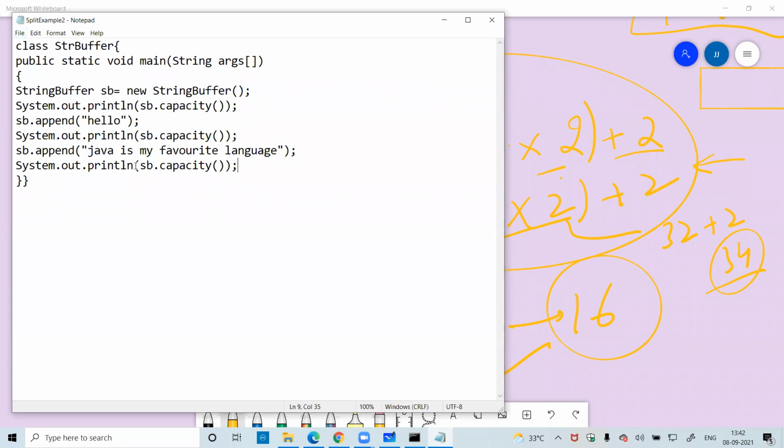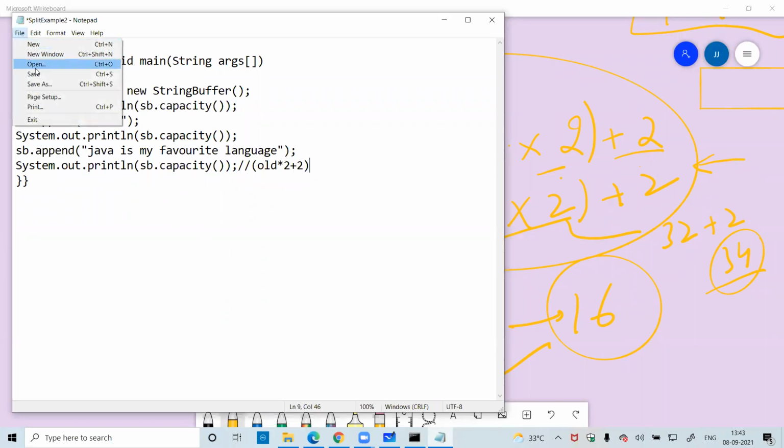That will increase the capacity by the formula old capacity into 2 plus 2. It will automatically double the capacity plus 2 when we append more data within the same buffer.